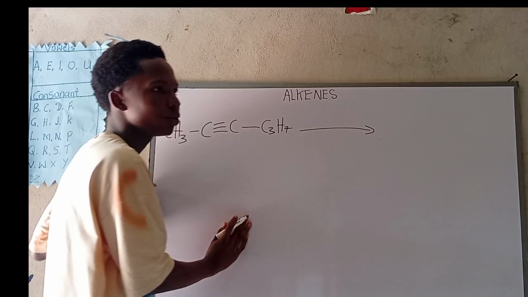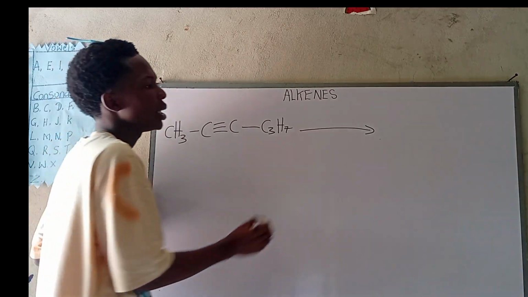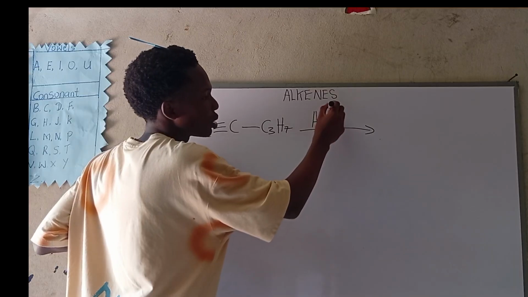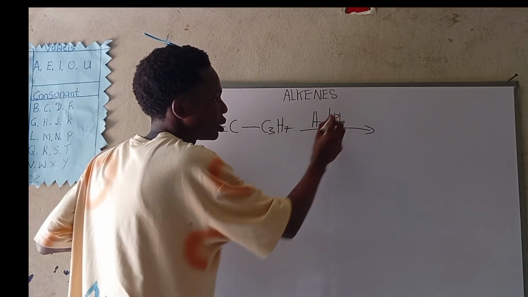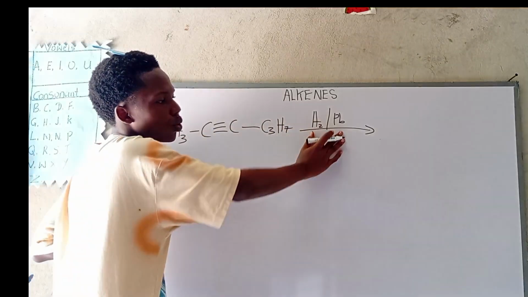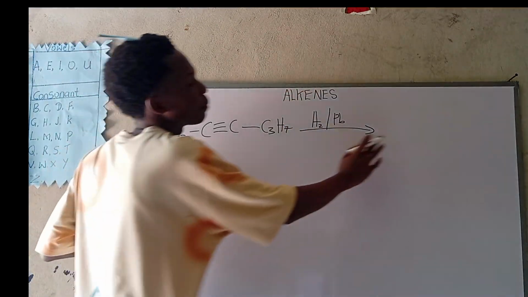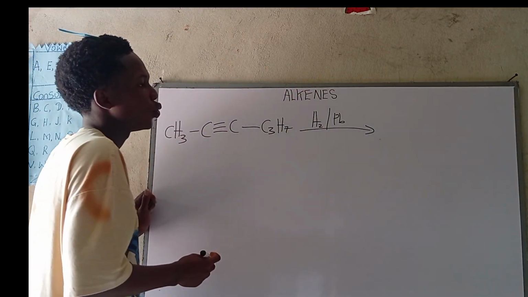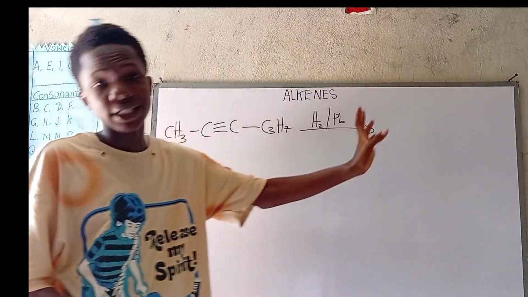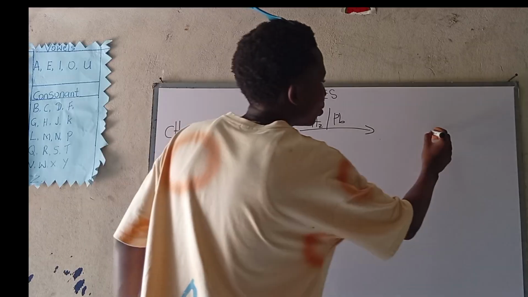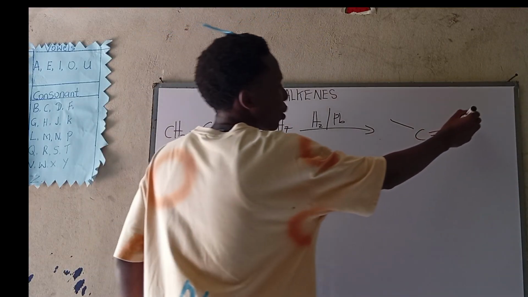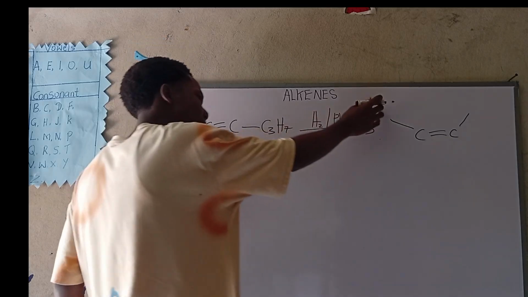Okay, so now with this compound, remember, we have to use our catalyst. And what catalyst can we use? We can use a hydrogen molecule and lead. Or we can use the other one. Either we use these two or we use the other two. Okay, so now, from the look of things, what is going to happen? We know that using hydrogen molecule and lead, what will it give to us? A cis automatically. So we can just put our double bond. And since it's cis,